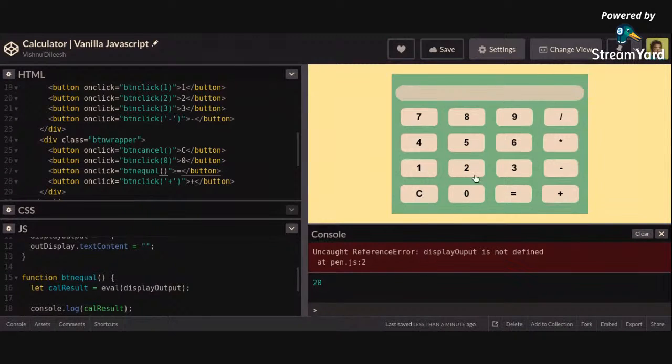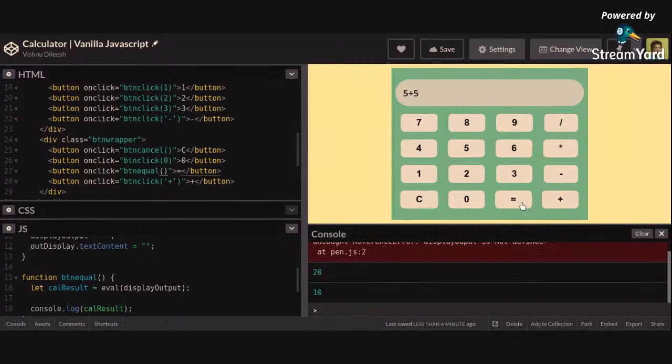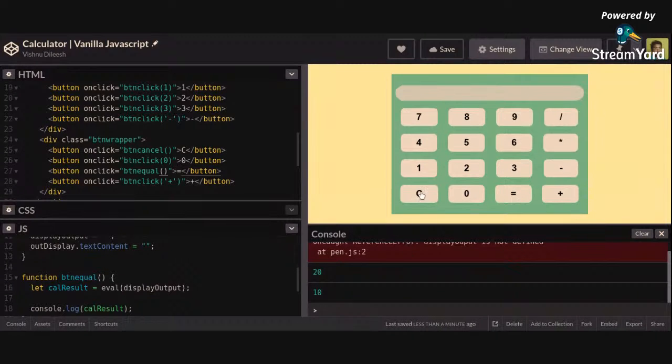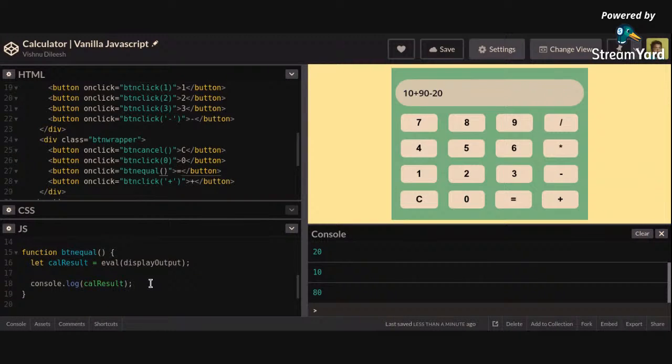If we do cancel, it's gone. Now we can say 5 plus 5, which gives us 10. It works. We can do cancel. I can say 10 plus 90 minus 20 equal, and it gives us 80, which is the correct answer. So what we want to do when someone clicks on equal, instead of console logging, is change the